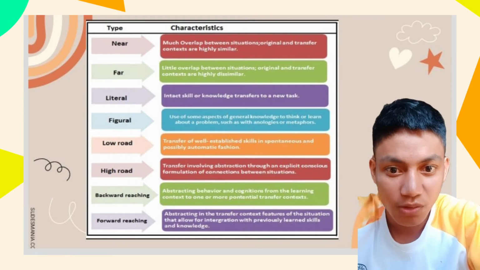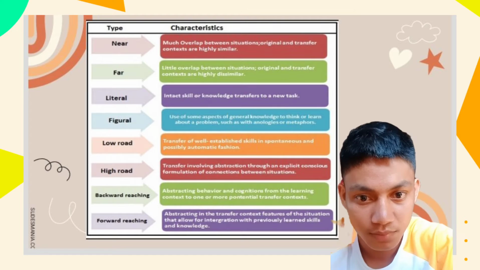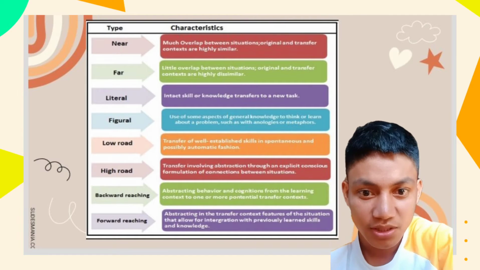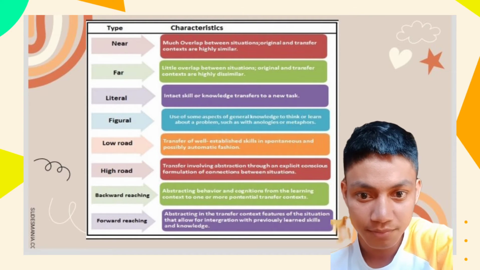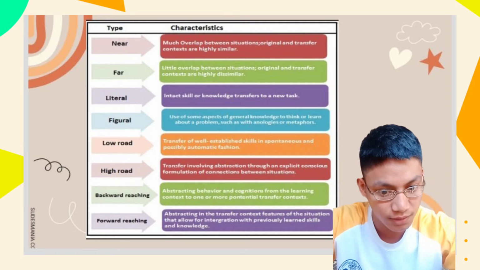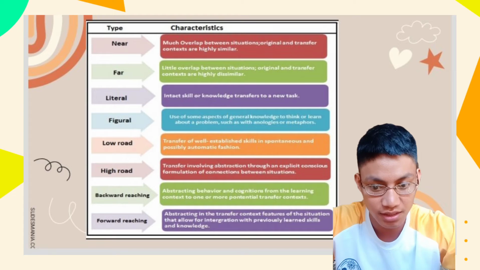Near. Much overlap between situations. Original and transfer contexts are highly similar. Far. Little overlap between situations. Original and transfer contexts are highly dissimilar. Literal. Intact skill or knowledge transfers to a new task. Figural. Use of some aspects of general knowledge to think or learn about a problem, such as with analogies or